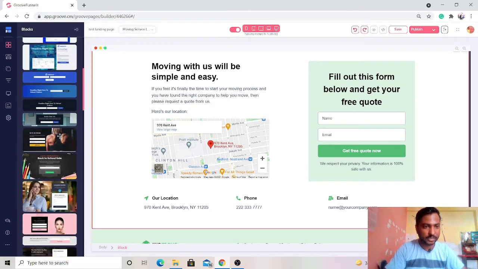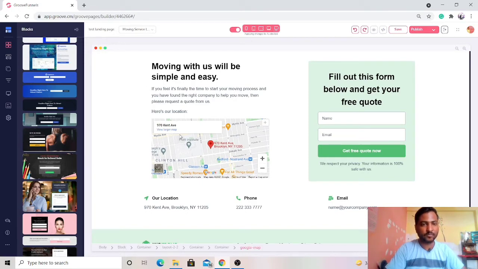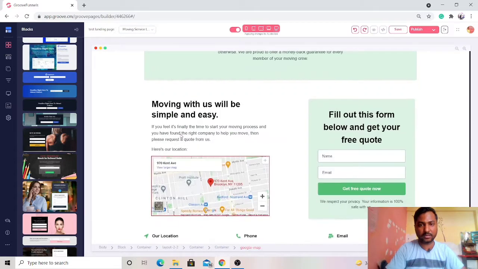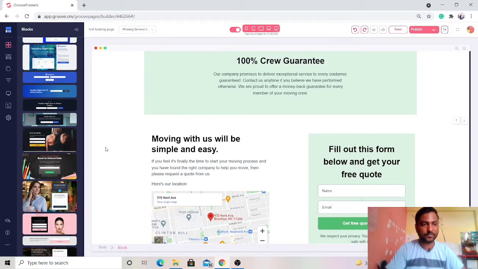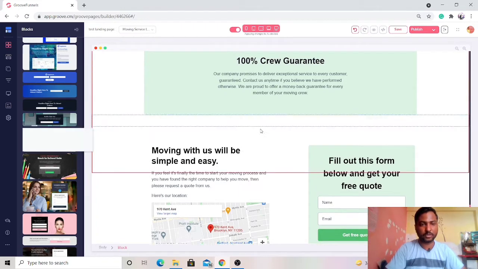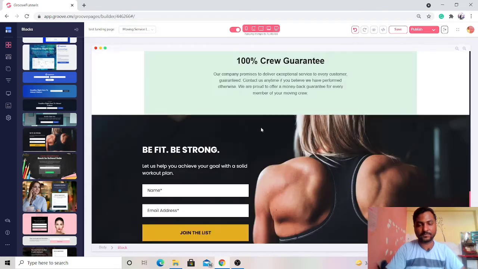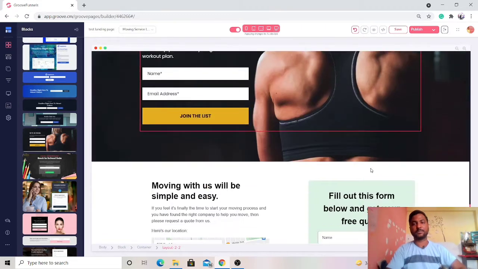This belongs to the fitness kind of thing. I'm just going to drag it somewhere here, between this 100% crew guarantee and the form. Here you can see that I'm dragging it. You can see how simple it was.